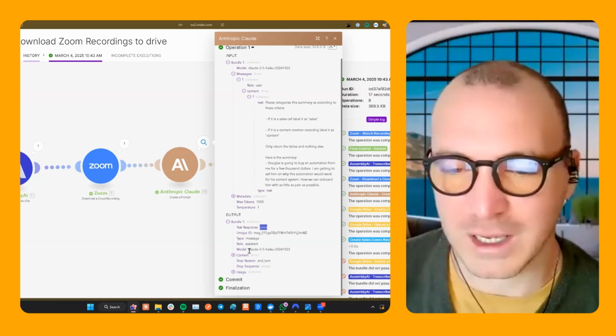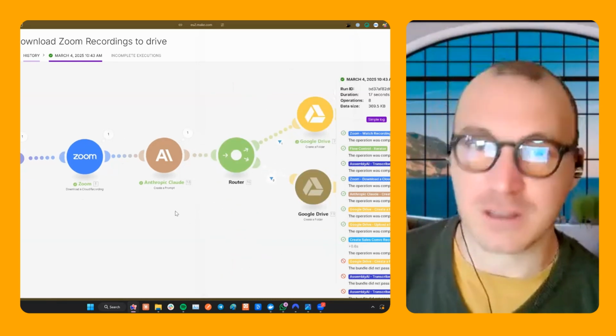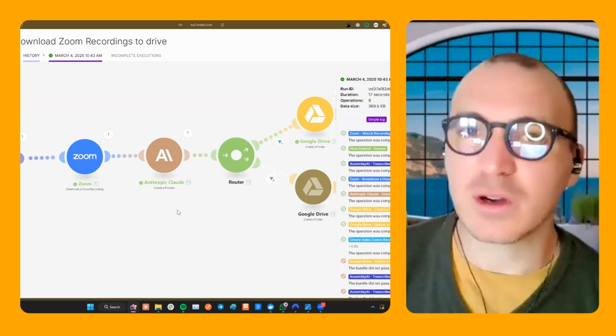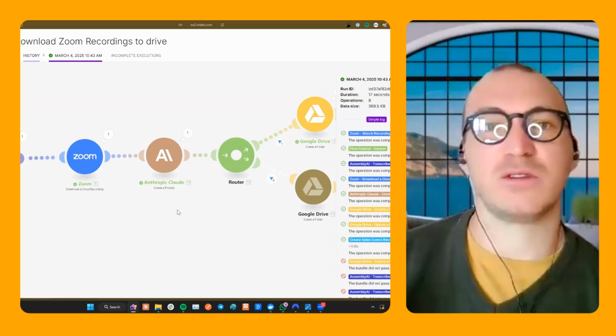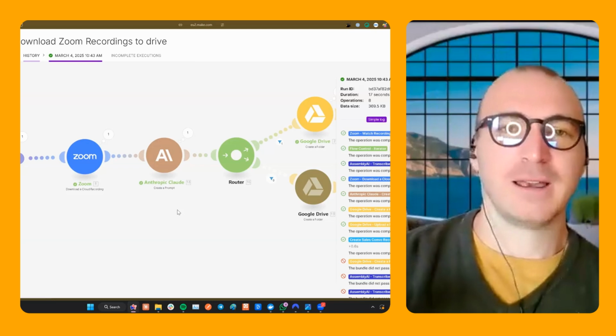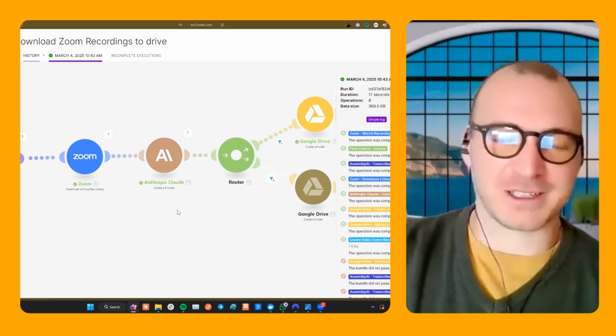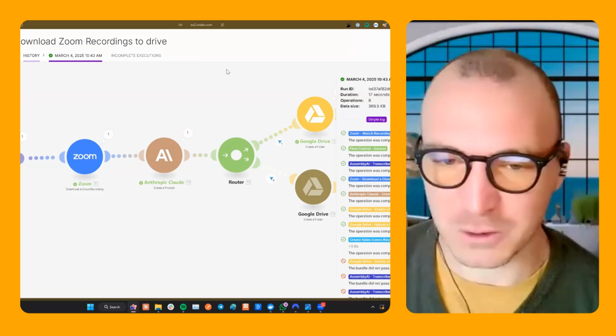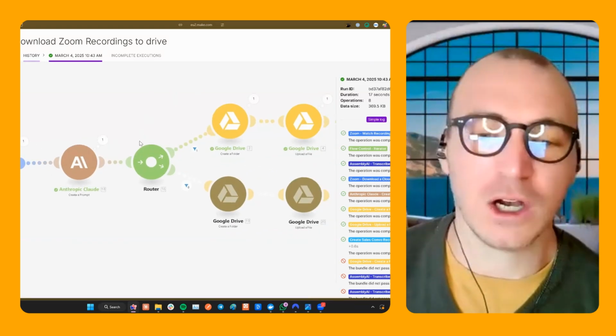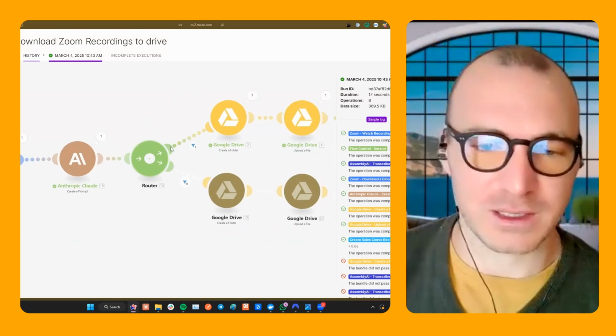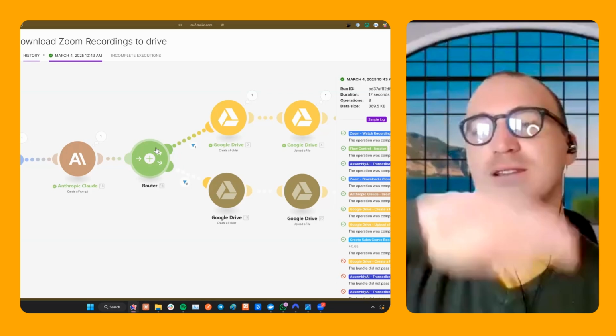Now I'm using Claude Haiku 3.5. It is their fastest model. It is also quite smart if you don't give it too many instructions. So the reason I'm not using the highest quality over here is that we don't need to. It's going to get the job done, and it's going to get it done faster. So 3.5 works. Over here, we have a router, and a router simply says, hey, I want you to process